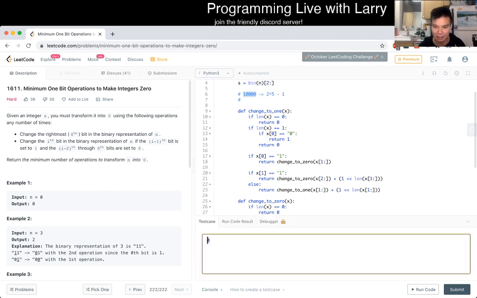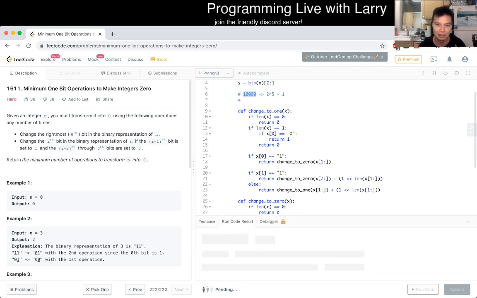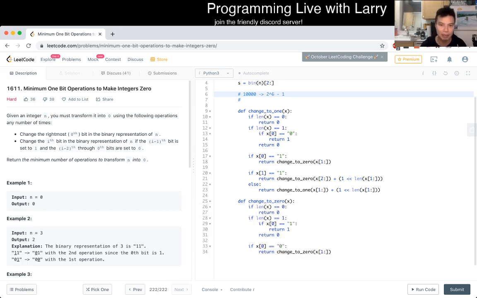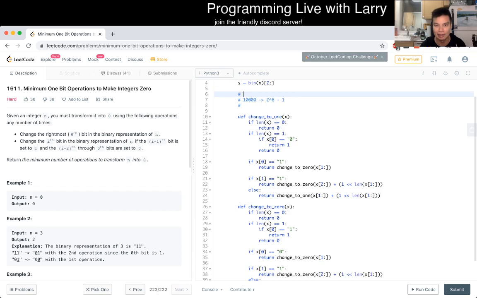I know this is after the contest, but if you just run it, 32 will take 2 to the 5th, or sorry, I guess this is 2 to the 6 minus 1. Maybe I'm a little bit off by 1, but yeah. If you figure out the pattern here, then you should be able to